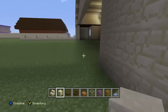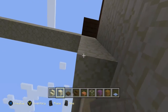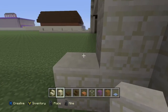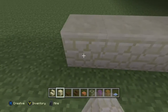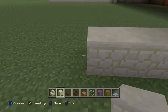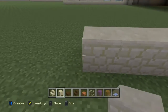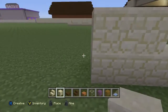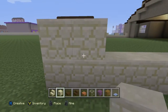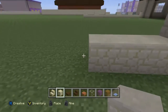So now we've filled in our wall on the outhouse, we're now going to start dragging this back and dragging it down. So same again, it'll be 1, 2, and then 1, 2, 3 for our window to go in, 1, 2, filling it in, and then 1, 2, 3, and 1, 2 to fill in, and so on until you end up with your 5 windows down this side of the build. 1 more,